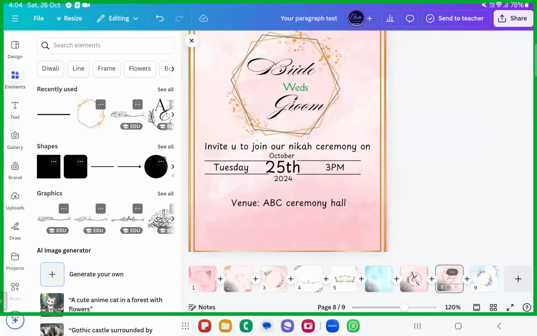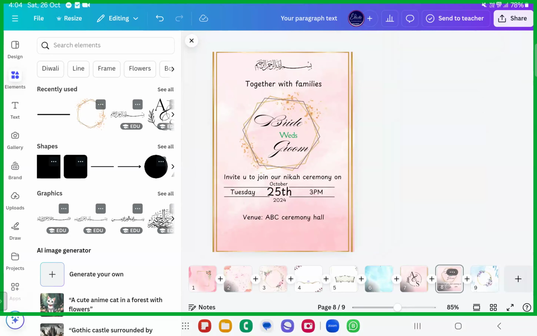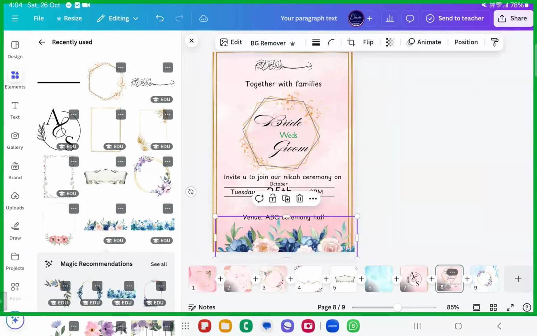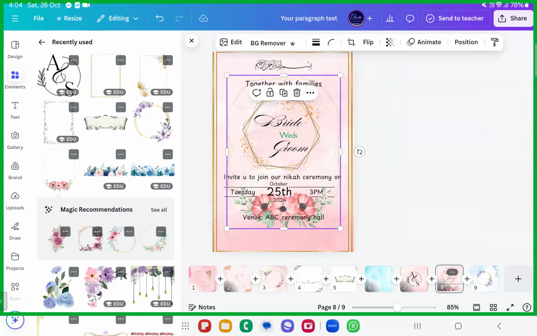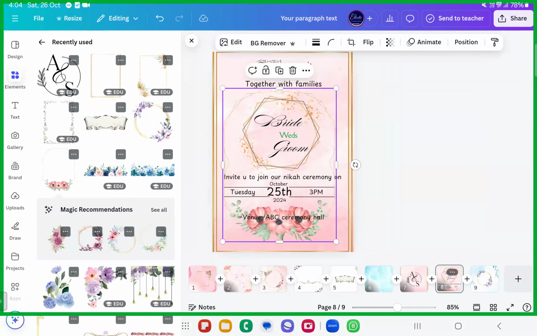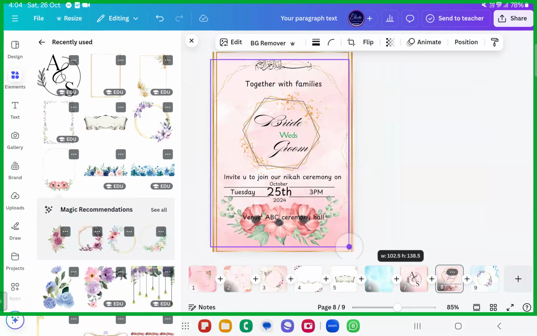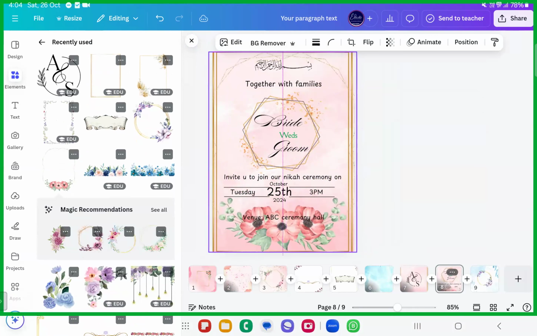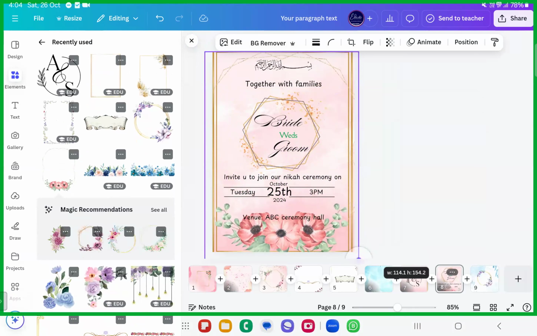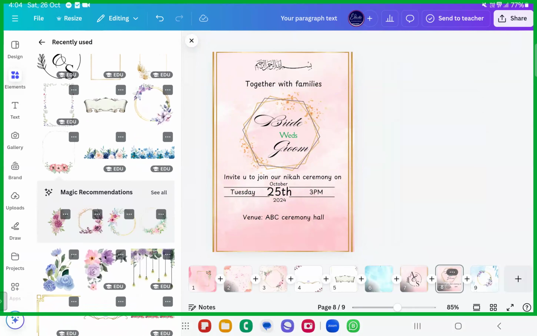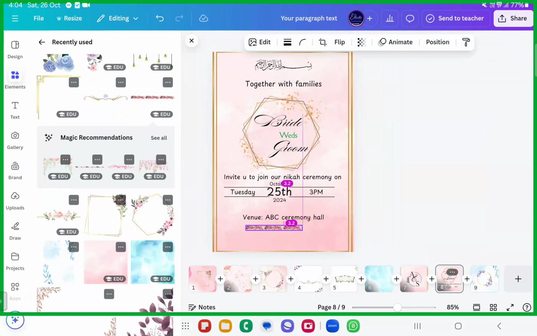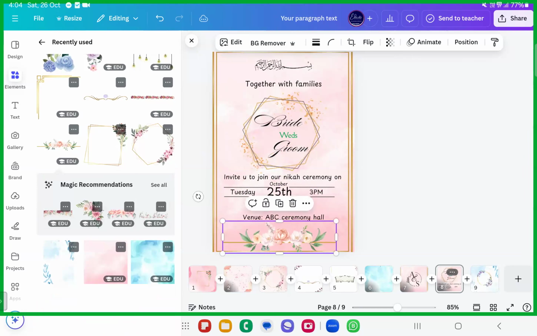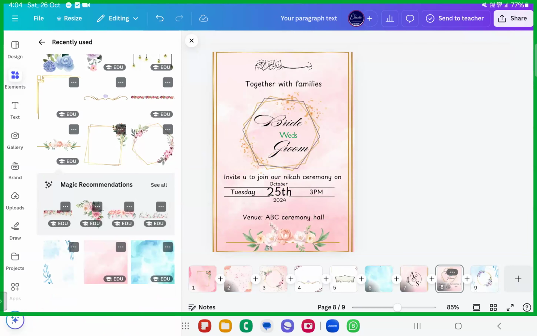It's just a simple card that we have made, sisters and brothers. Now we can add more floral stuff if you want. Dear sisters and brothers, it's all up to you. If you want to add more such things with the pink stuff or something like this, you can add it over. If not this, go ahead with something else and add it over. It's all up to you. Fine. If I want, I'll just carry this downwards. Something like this, right?